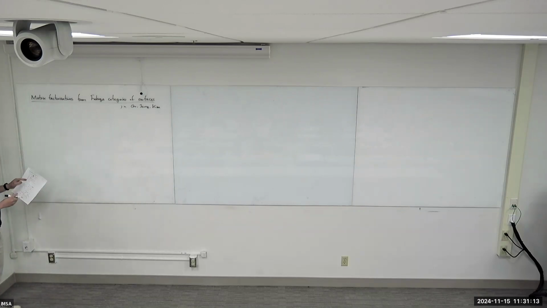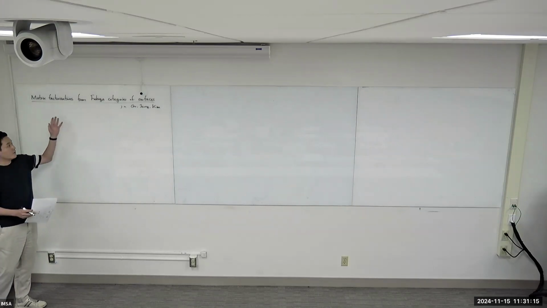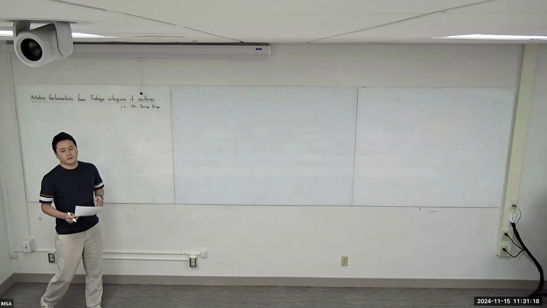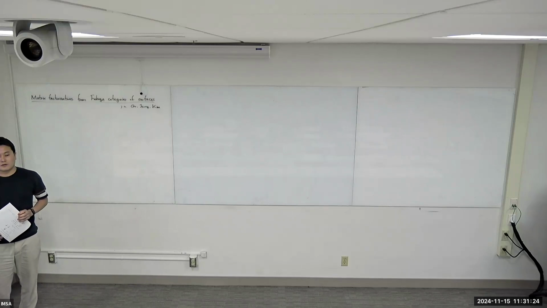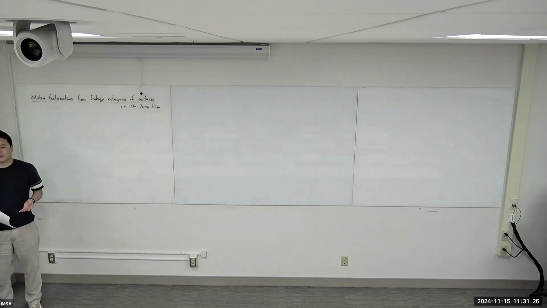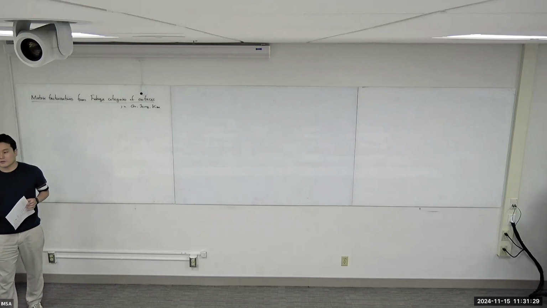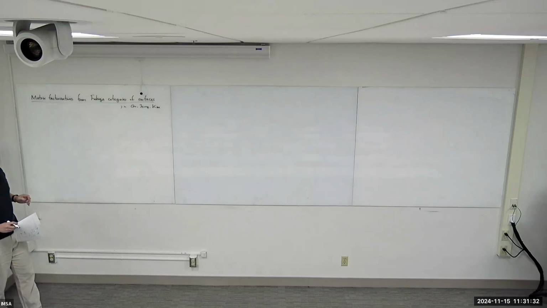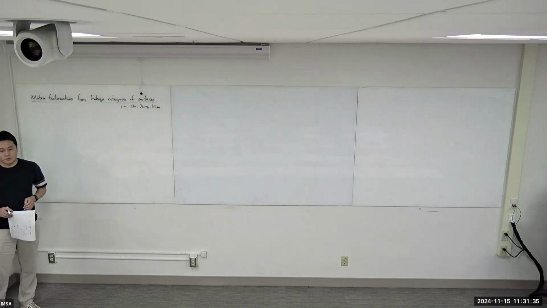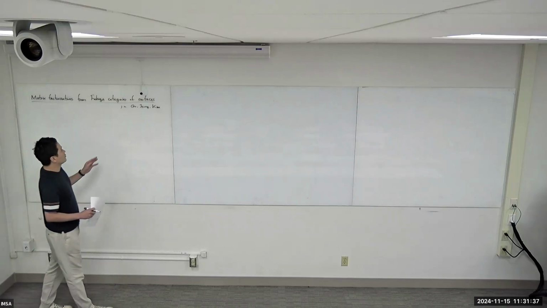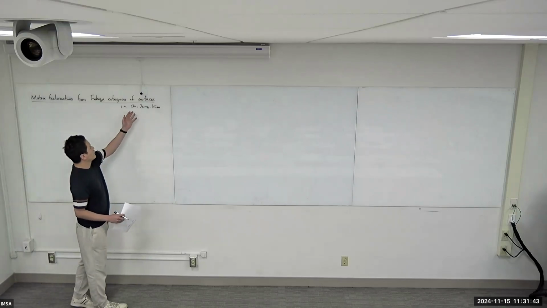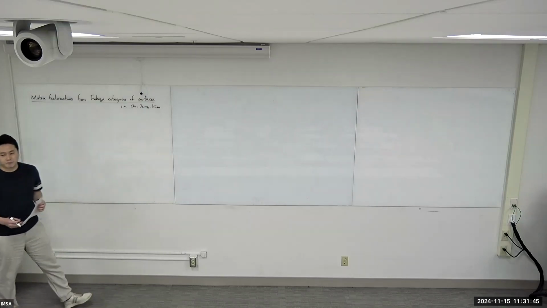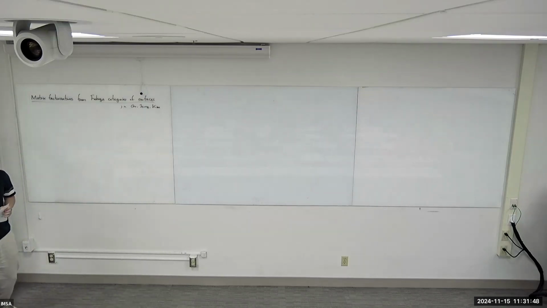So today I'm going to talk about matrix factorizations from Fukaya category of surfaces. The main goal is to explain some concrete examples where we can explicitly benefit from homological mirror symmetry through the study of matrix factorizations and Cohen-Macaulay modules. This is a joint work with my advisor, Cho-Jeong-Kim, and other collaborators. If you have any questions or comments, please let me know anytime.